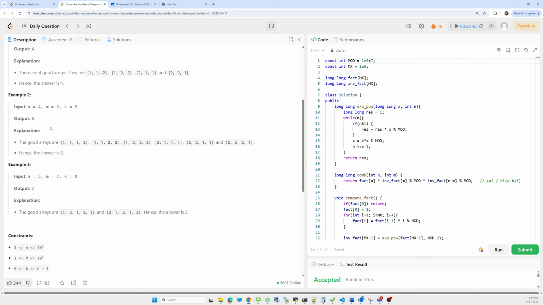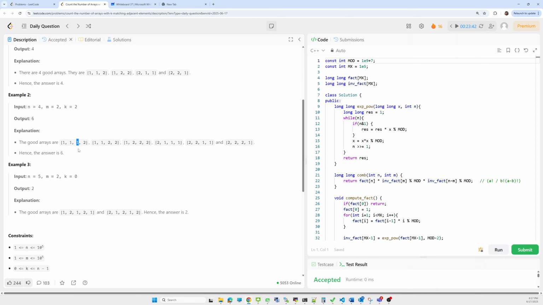Now let's look at the second example. In this case, the size of the array is 4 and the range of elements is again 1 and 2. For k it is 2, which means two indices in this array need to satisfy this condition. For this index, is it satisfying? Yes. For this index?